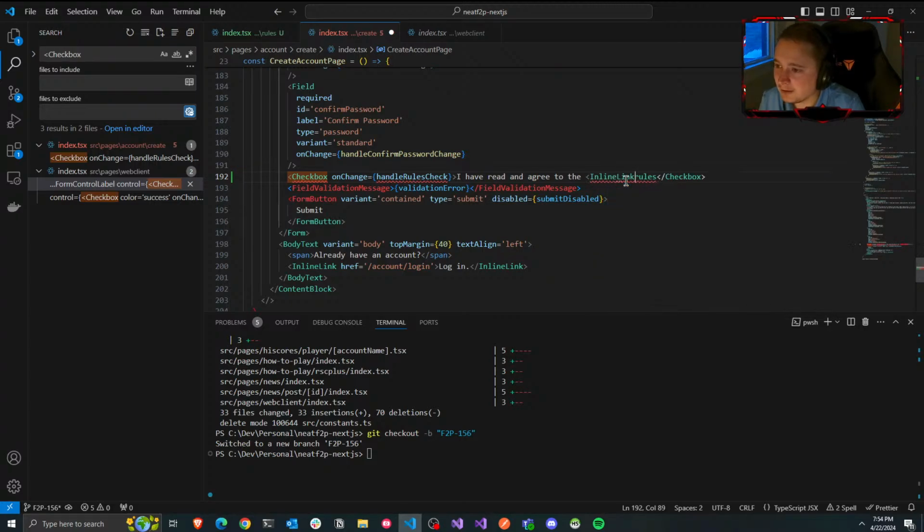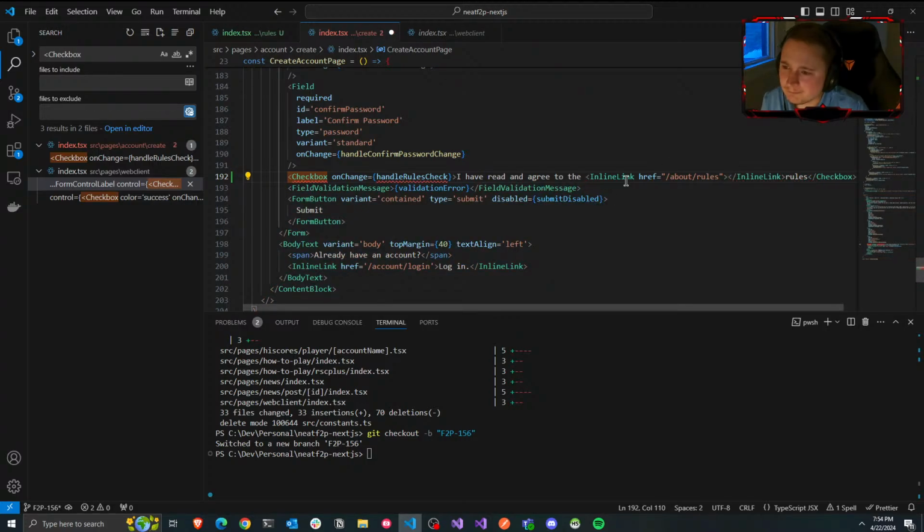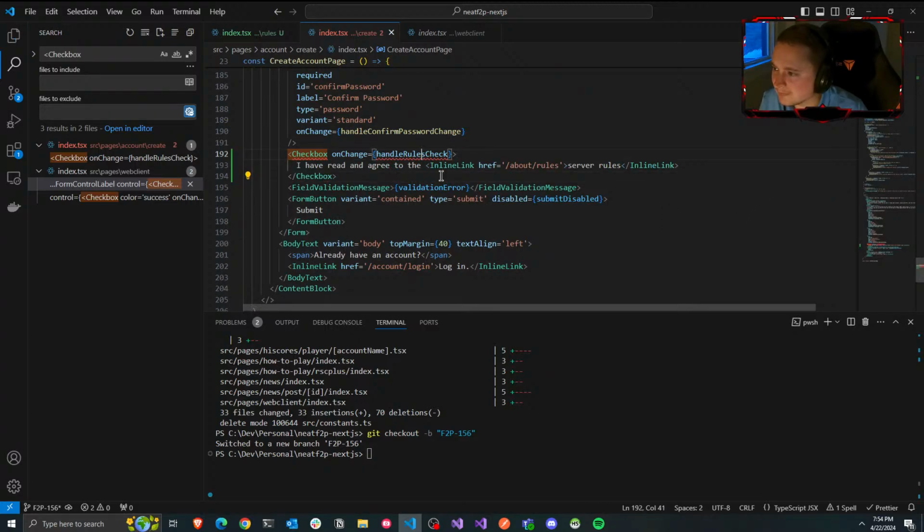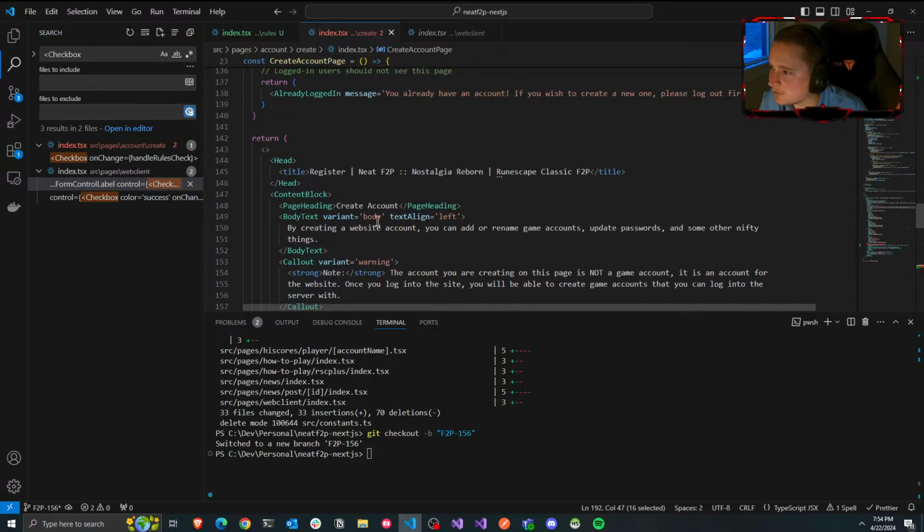Inline link, href /about/rules. Something like that, and then when they change it,